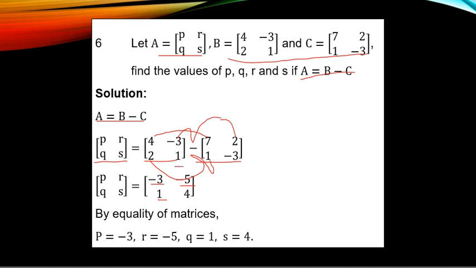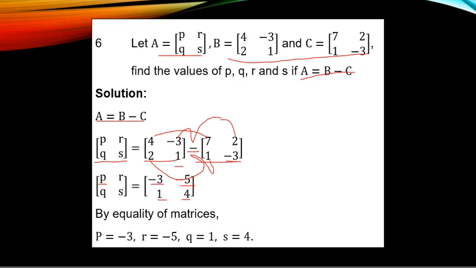And 1 minus minus 3, the same thing as 1 plus 3, and that is 4. So the next thing here is that you invoke equality of matrices, where the first letter here, P,